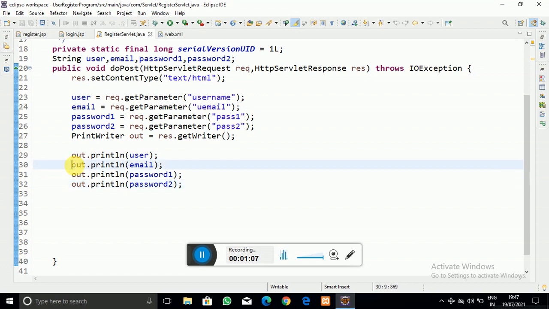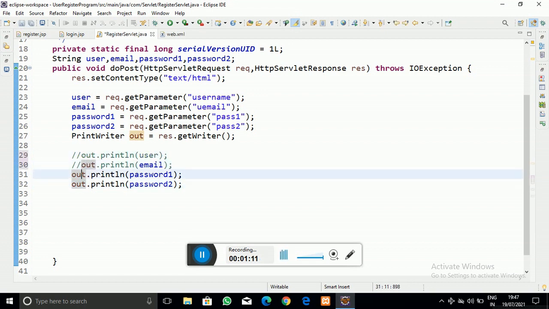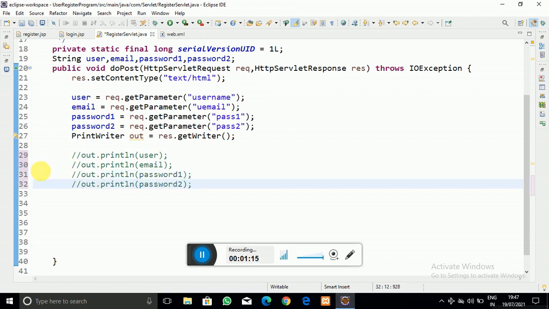Before writing the code, let's comment it out. Here you can see the statements we previously coded, which only print the details onto the web browser. But now we don't want that.